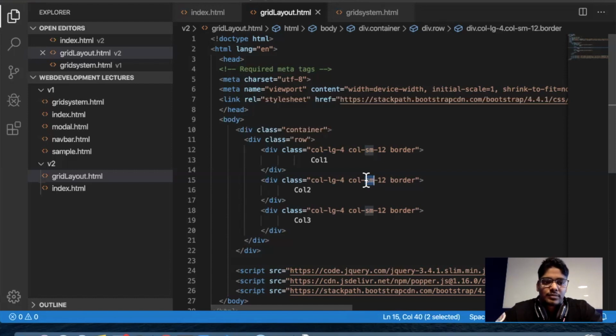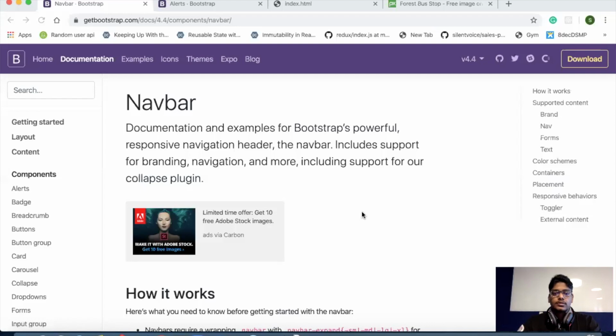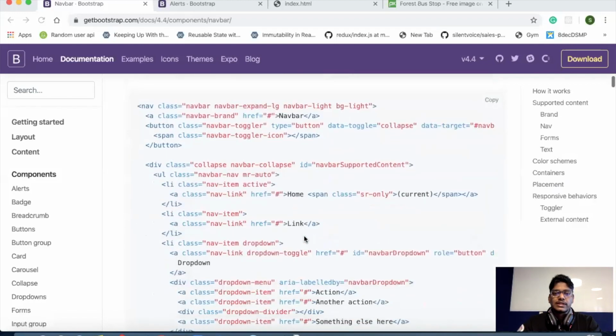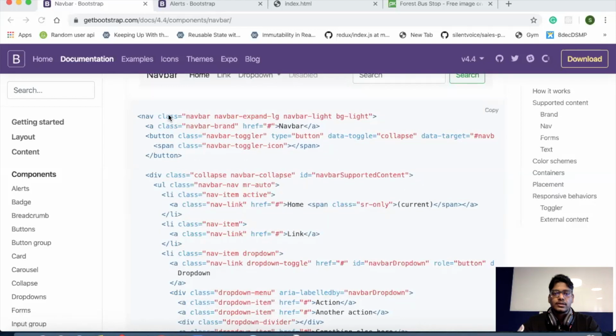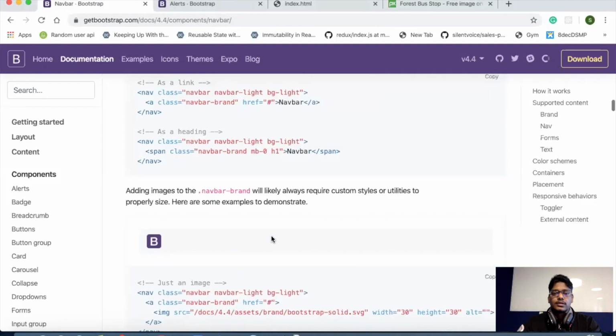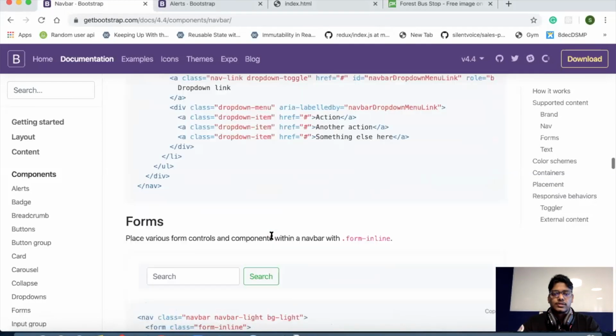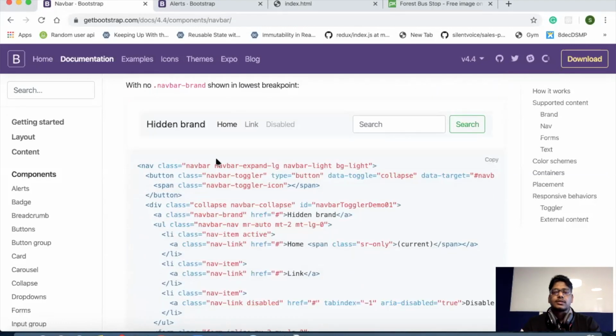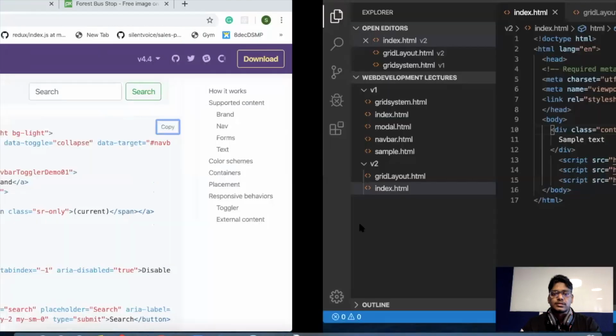Next, let's start building the website which we actually saw at the start of the video. If you go to the navbar section of the documentation, you will find how to exactly use navbars. Basically, you add a nav tag with classes specified as per device resolution. Now the area of interest for us is the responsive navbar at the end of the page. This is the kind of navbar that is useful for us, which has a brand name, home, and a search bar. So you can copy the code from here and